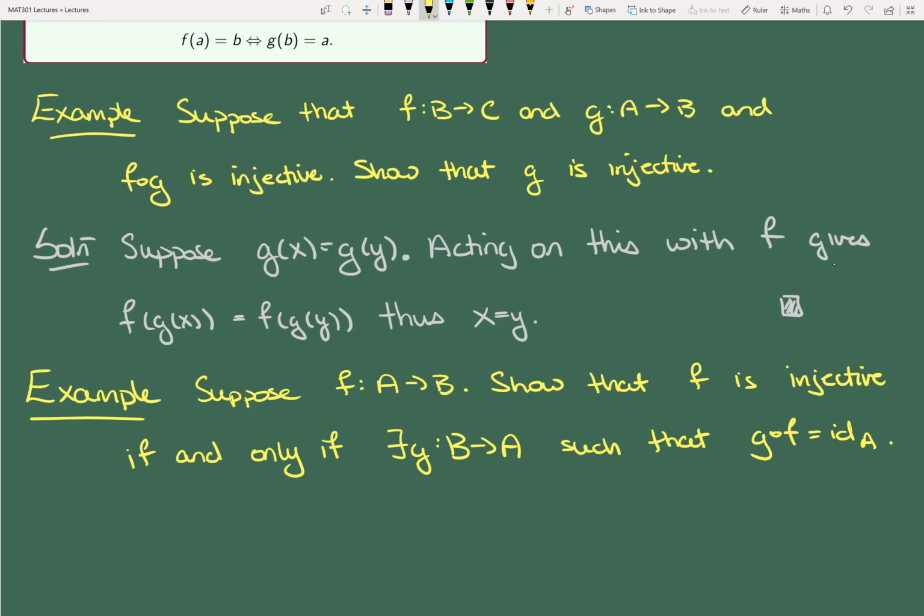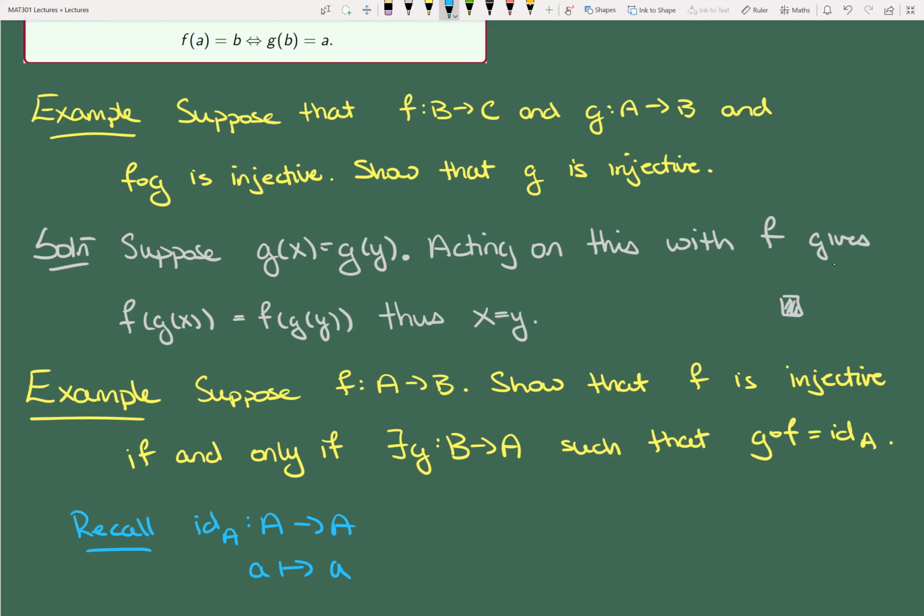And remember, in case you're like, what is the identity? So recall, the identity map on A is just the thing which sends A to itself, right? It doesn't do anything. It is the function which you give me the input and it doesn't do anything. It just gives it back to you. So that's the identity map.